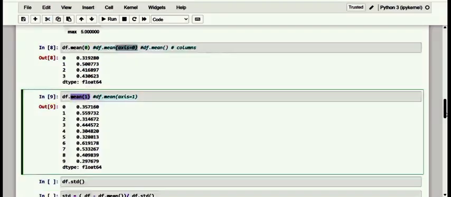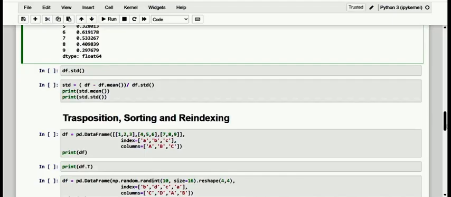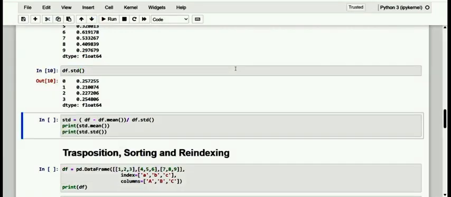And next, let me move on to the standard deviation. Dear friends, a statistical value related to the calculation of the mean is the standard deviation, which is expressed in the function as std. If I apply it on the DF, of course we have 4 columns and 10 rows, and here it provides the exact calculation for each and every column. For this type of statistical calculation, there are many methods that can be used directly on the data frame.